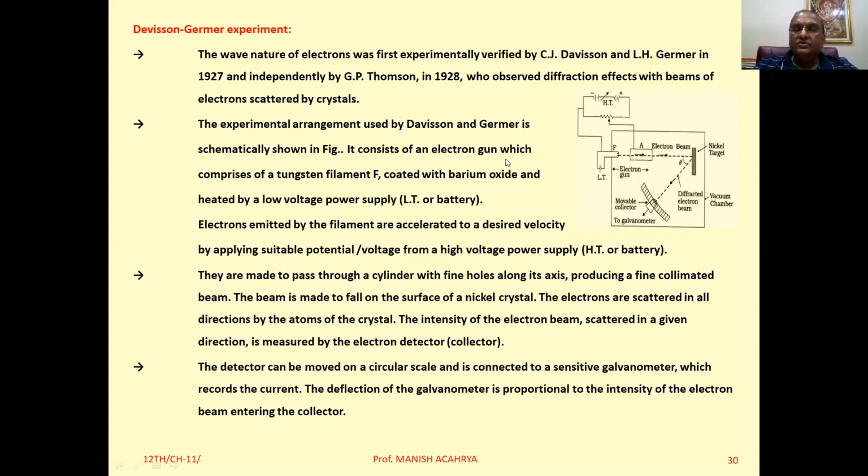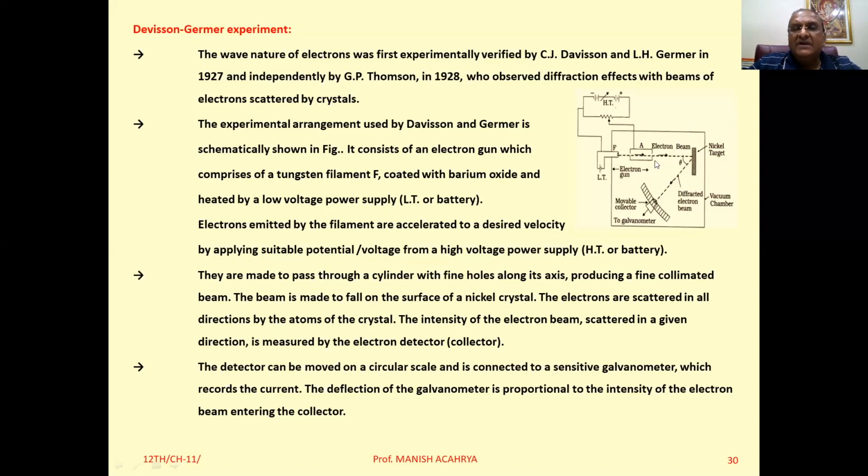See, de Broglie suggested this thing, that the particle can behave as a wave, but it was just a hypothesis. Okay, but calculation suggested this thing. With the help of analogy with the X-ray diffraction of the crystal, one can verify whether this happens or not. So scientists Davisson and Germer performed one experiment related to this phenomenon.